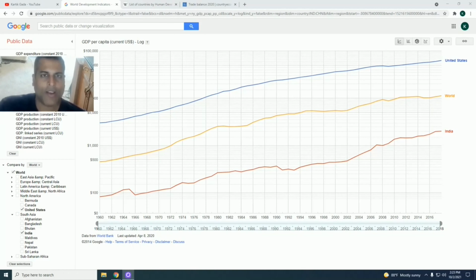So we take this first chart from Google, which is updated through 2018 data. I'm not sure why they haven't updated after that. Over here it says last updated April 8th, 2020 for 2018 data. So they should have 2019 data, but they don't. That's fine. And this is GDP per capita in current US dollars, so not adjusting for inflation, the actual GDP in the dollars of the year in question. The horizontal axis is the years from 1960 all the way to 2018.